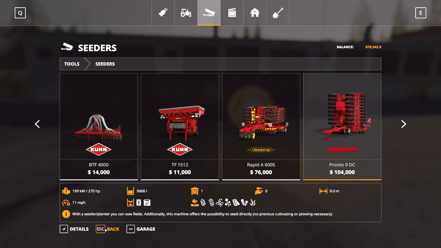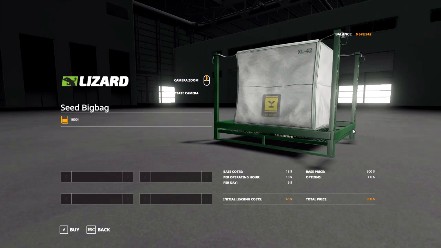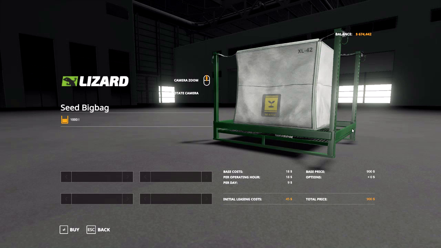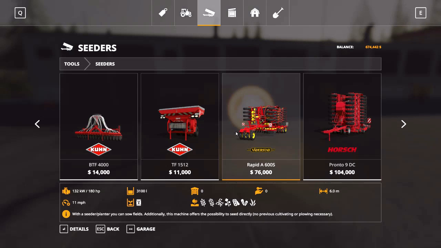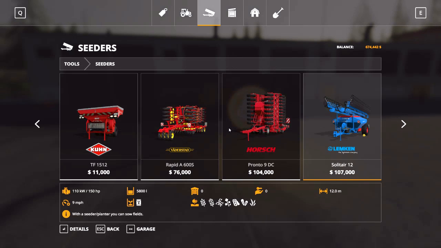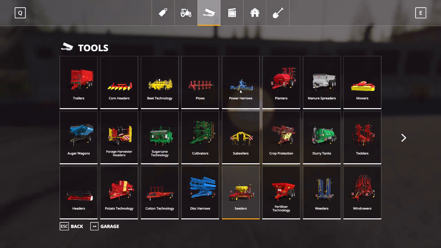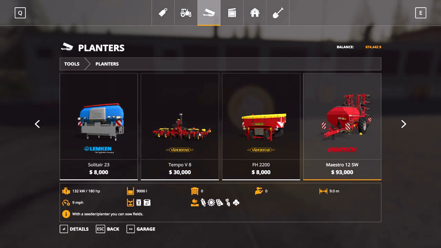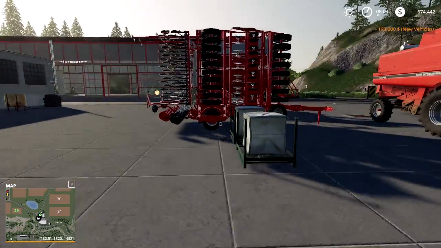Horsepower requirement's fine. That takes 5,000 units of seed. So 3, 4, 5. I suppose the other thing we should look at here, I didn't even look at that. Okay, it is direct seed, and does that mean it takes fertilizer? If I go to a planter? Ooh, this one might actually take...